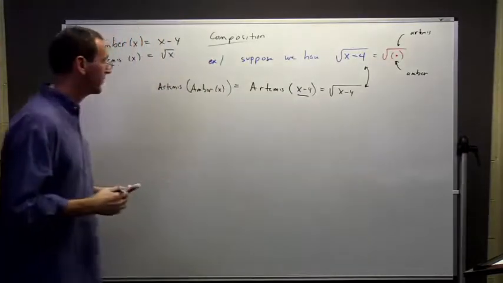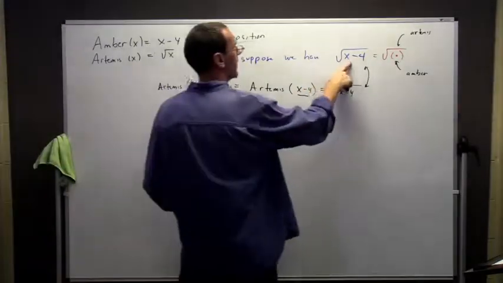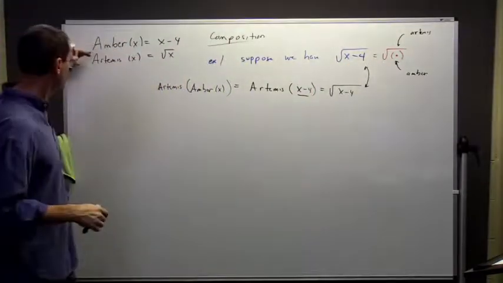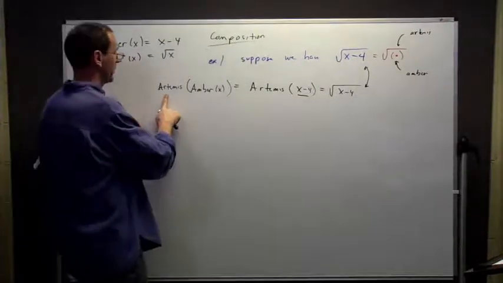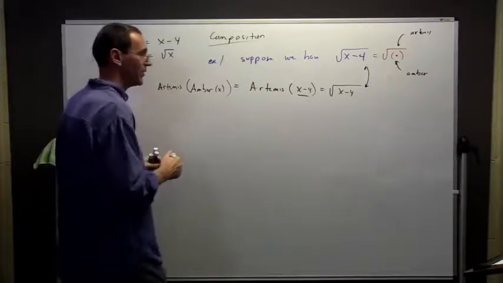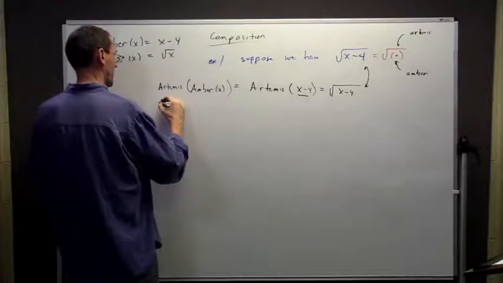So I get that thing. So this new function here I can think of as Artemis acting on Amber. And we call this composition. We're composing Artemis and Amber. Now we need to be a little bit careful,